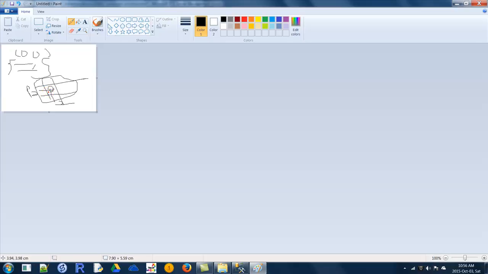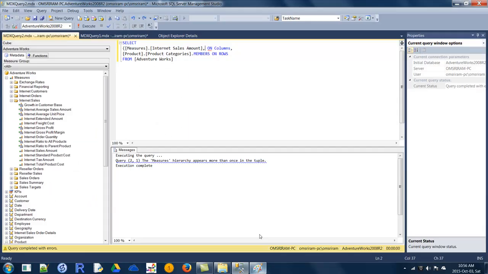It could have $10,000, let's say $10,000, this is the tuple. Similarly, if you have multiple dimensions, let's say k, 2 comma 10, k could have some different axis, and it again has 2000. So you need to combine these two tuples. How can you combine? With a set. You can combine two tuples with this, and members from hierarchies you put with curly braces, but a tuple you consider with open and closed brackets. Like that, I will show you one example.